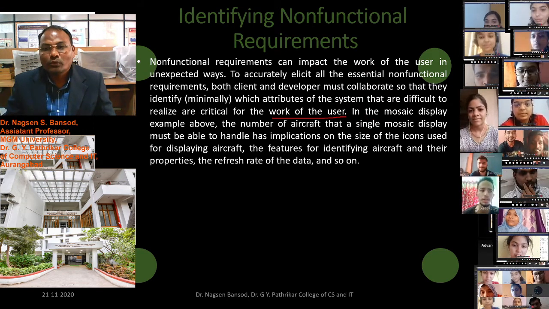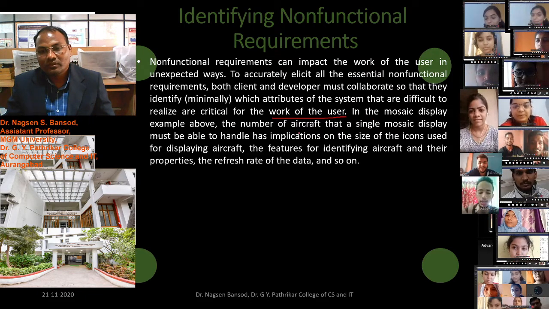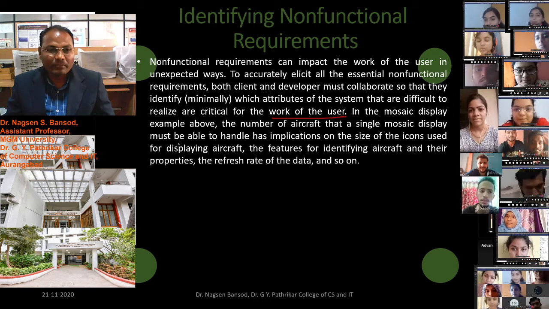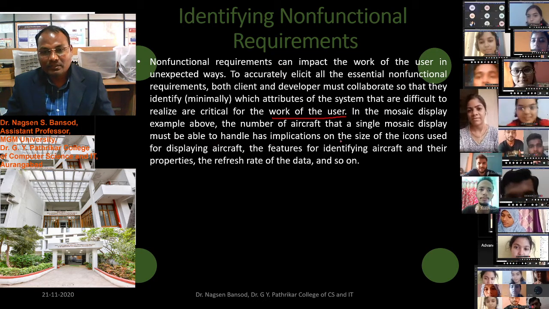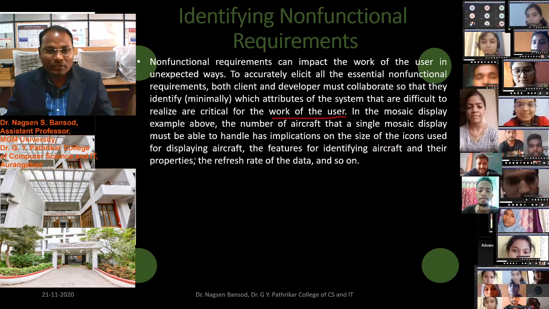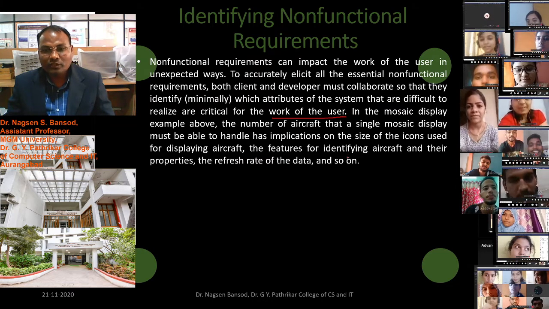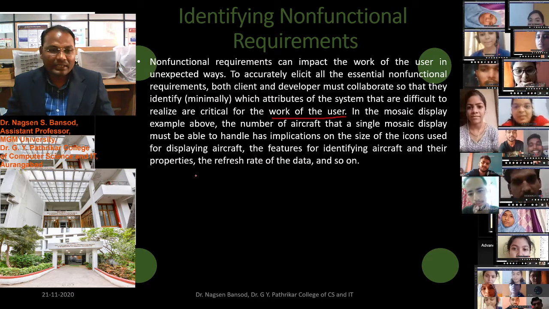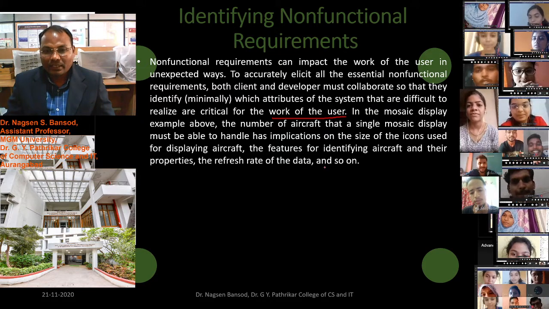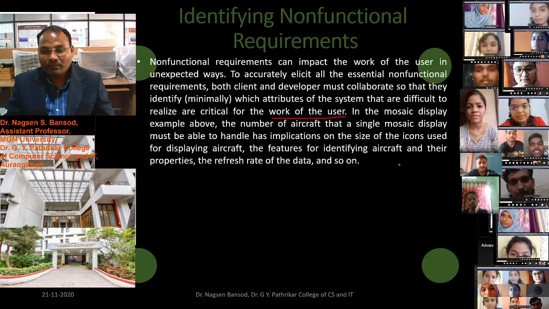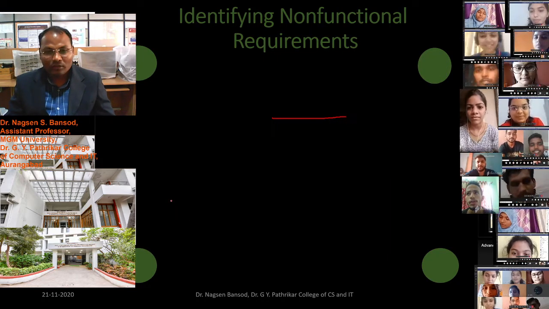In the mosaic display example above, the number of aircraft that a single mosaic display must be able to handle has implications on the size of the icon used for displaying aircraft, the feature of identifying aircraft and their properties, the refresh rate of the data, and so on. These are the non-functional requirements. How much time is required to refresh